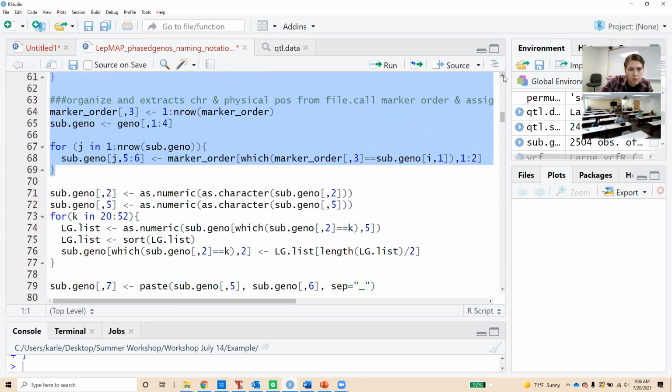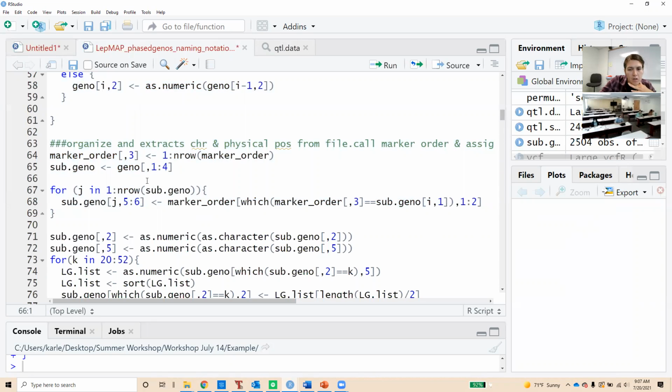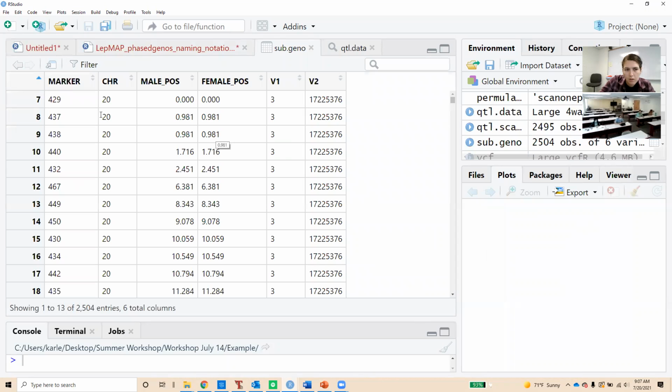Okay, so the marker order file is the file that has all of the marker positions and chromosomes along with the list number that we reference for the other files that come out of LepMap. In this line 67, I believe we're matching, let me open up subgeno, the marker number in this column to the number in the marker order file,